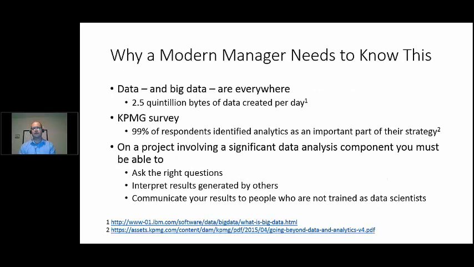So as a modern manager, why do you need to know this kind of thing? First of all, data and big data are everywhere. One estimate that I read recently said that 2.5 quintillion bytes of data are created every day. A recent survey by the accounting firm KPMG found that 99% of the respondents identified analytics as an important part of their strategy moving forward, suggesting that the managers in these organizations need to have a solid